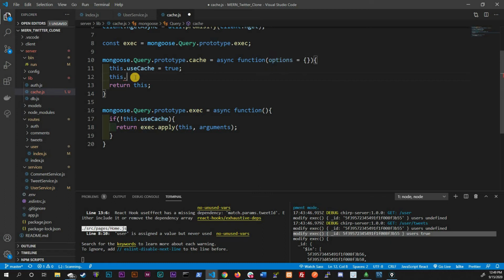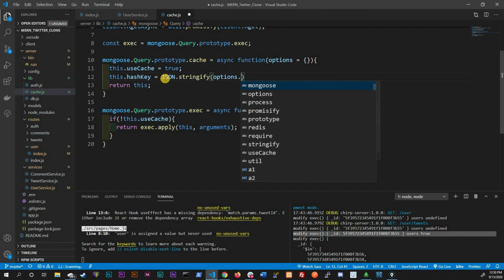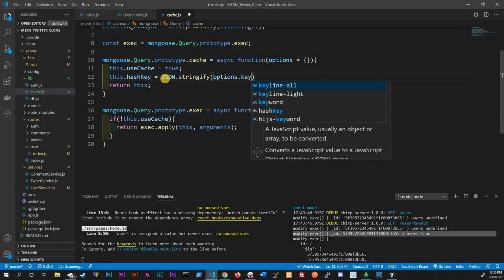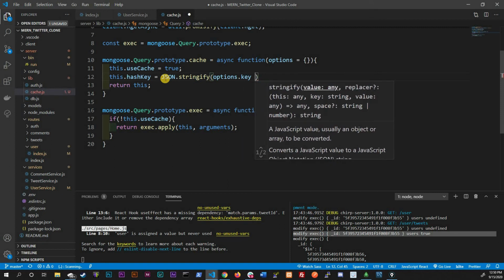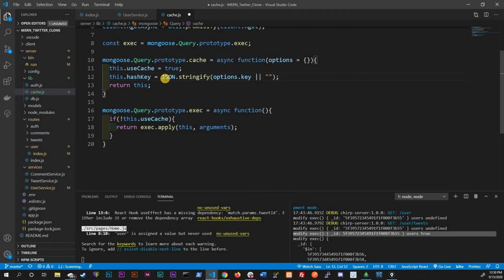So I'm going to say this.hashKey, and we're going to set this equal to the, remember, we need to stringify everything to make double sure, so I'm going to say JSON.stringify, and we're going to grab options.key. This is our parent key, remember? Now, if they didn't pass that,